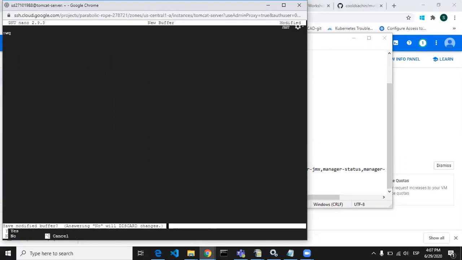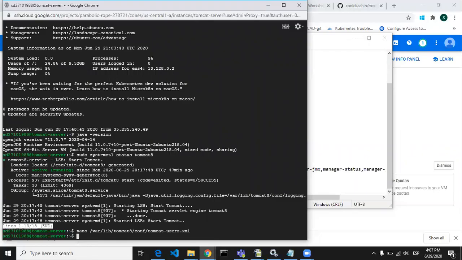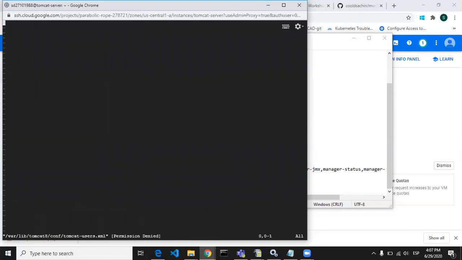Let me exit from here. Let's put in the command vi. Okay, so it is saying permission denied. So you have to use the sudo command for this.